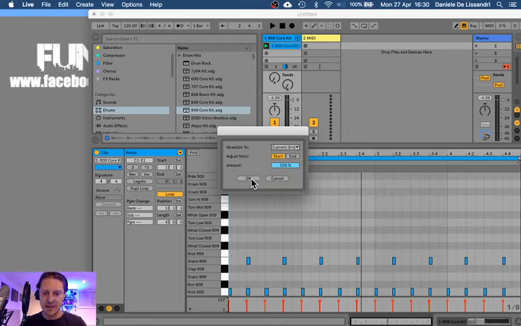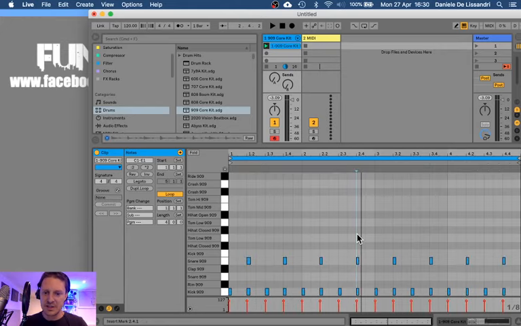Click OK, and then if you watch the MIDI notes underneath, watch what happens to them. You see they all just kind of shifted. It shifts over to the nearest line here in that grid. So now, if we listen to it,